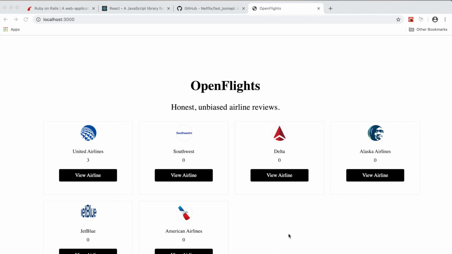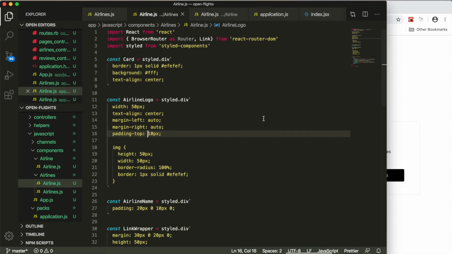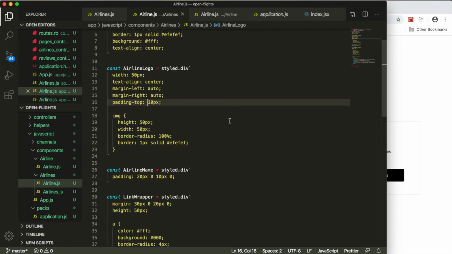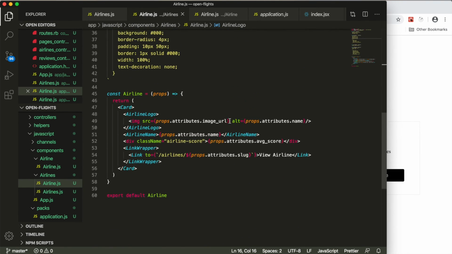Okay, so that's starting to look pretty good. So the last thing that I want to do is just a little bit of cleanup around our airlines component and the airline component that we use for the grid. But then we can move on to the actual individual airlines show section. So if we jump back over into our code, the first thing I want to do is